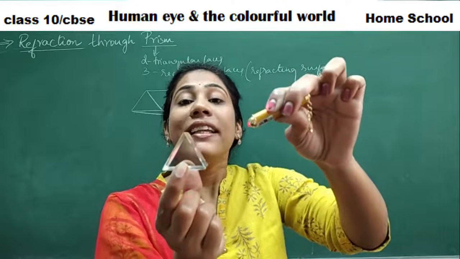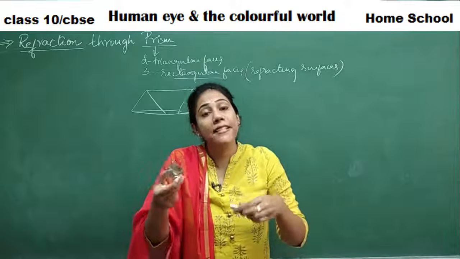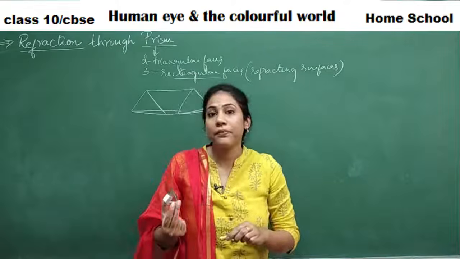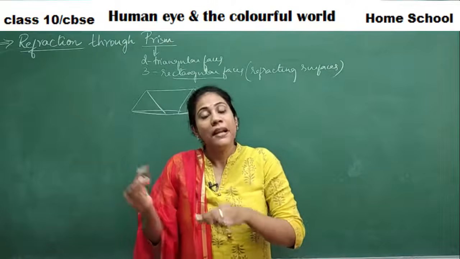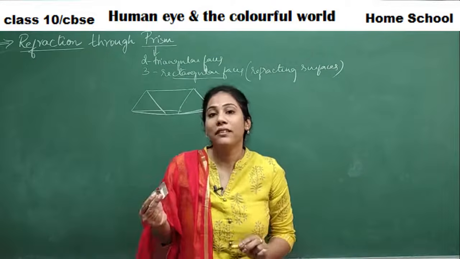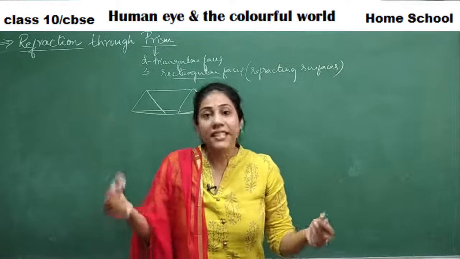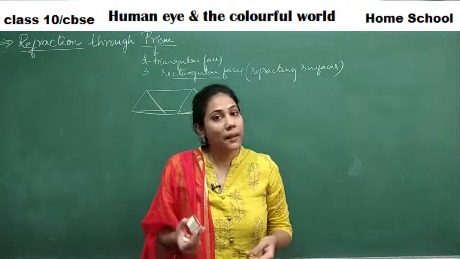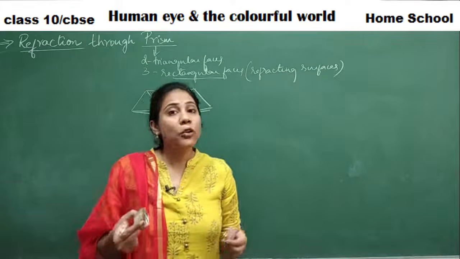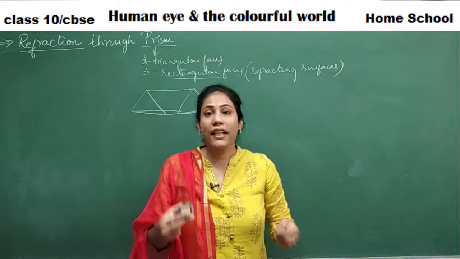That means the laser light is not traveling in a straight line, like it is bending inside the prism. It has bent inside the prism and it has come out of the prism like bending only, right? So this actually tells us there is refraction happening inside the prism. Let us learn more details about this refraction with the help of a diagram.